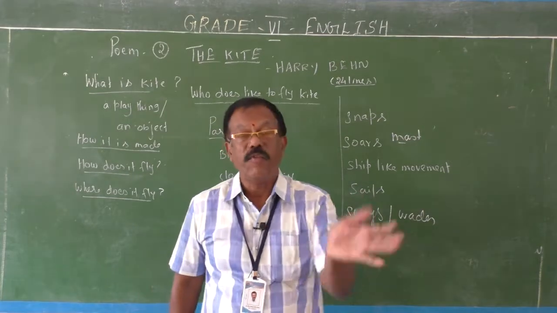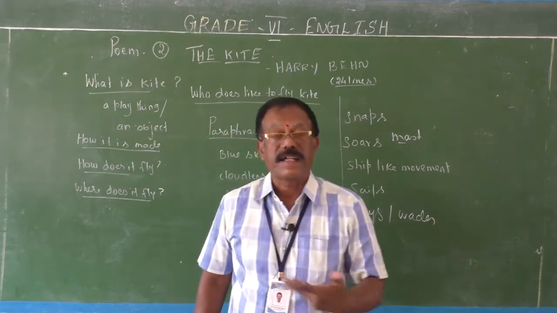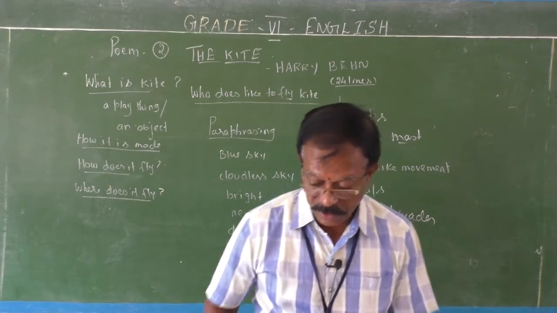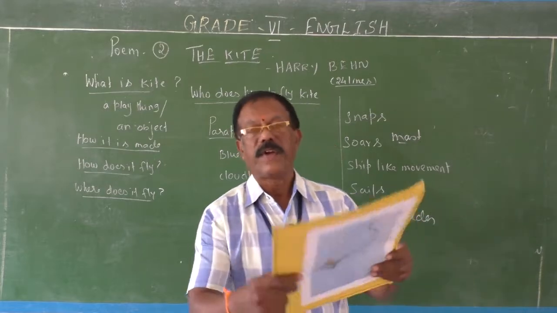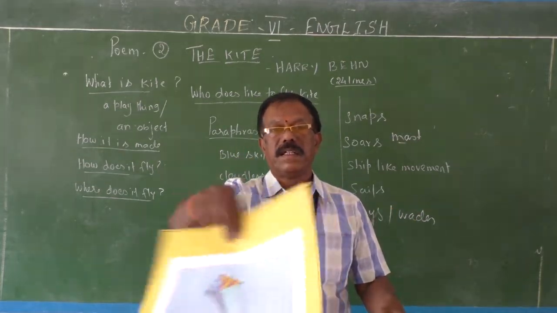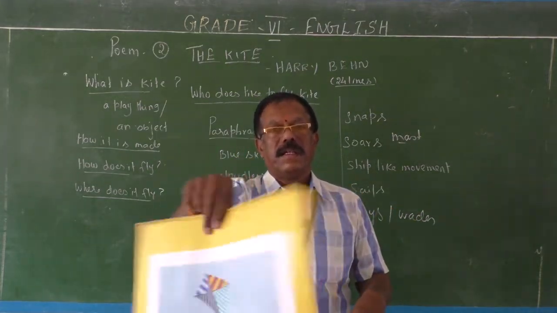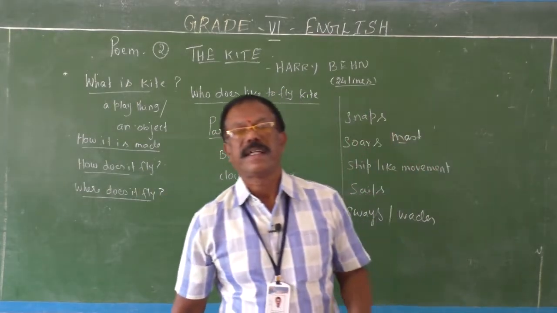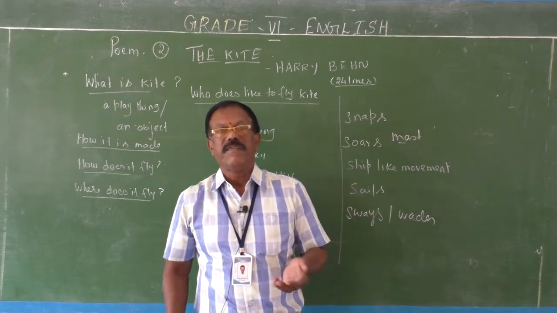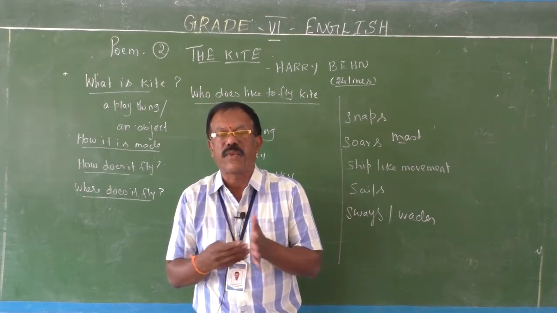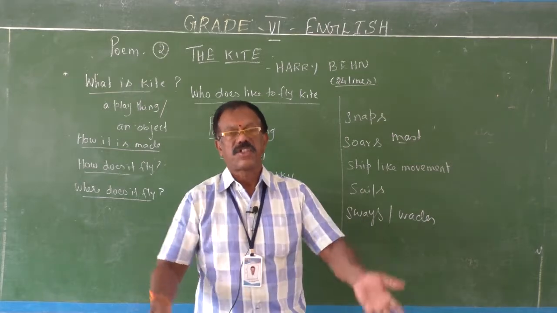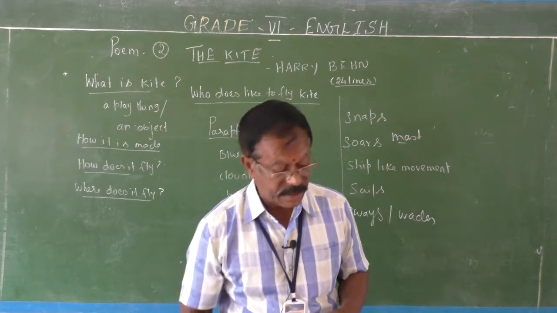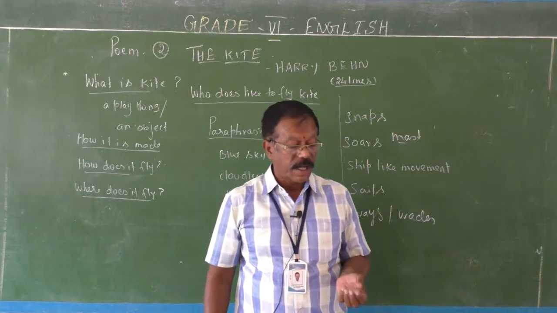and sways, waves here and there in the strong wind. At the time it produces sound. For example, see children, see this, if I sway, can you hear the sound? In the same way, the tail of the kite produces some sound when it sways, waves, flutters here and there in the strong wind. So, in the first stanza, the poet says, let me read out the first stanza, how bright